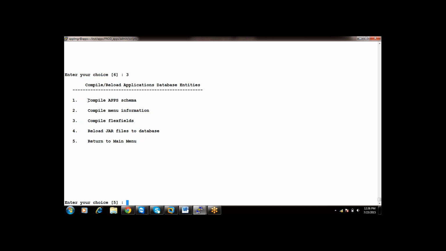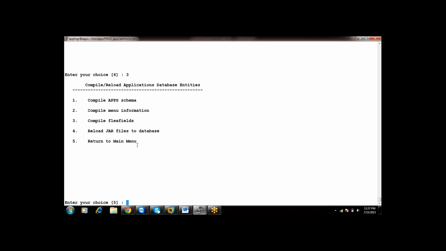But there is one option. App schema will have more invalid objects compared to other schemas, because most of the code objects are from app schema. That is the reason why if any object gets changed, the app schema objects will become invalid. At this point the total number of invalids for app schema will increase. So if you want to compile app schema, you can give compile app schema. If you do that, in the backend it will run a script to compile the app schema invalid objects.